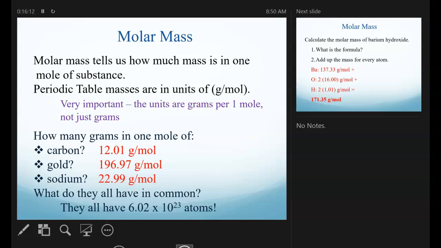They all have 6.022 times 10 to the 23 atoms. Yep. Avogadro's number, right? So 12 grams of carbon is 6.022 times 10 to the 23 atoms. 197 grams of gold is that many atoms. 22.99 grams of sodium is that many atoms. But because they're all 1 mole, that's the number of atoms. Okay? Now,